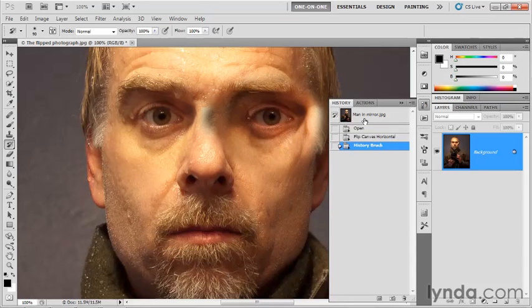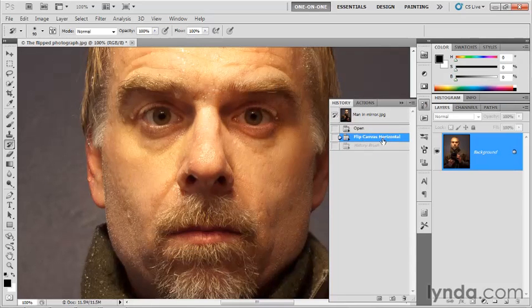So what we need to do before we begin painting like crazy with the dodge tool, because as soon as you start painting with the dodge tool, you're going to fill up the history panel with one dodge tool operation after another, and then you're not going to be able to get back to this first flipped state right here, this flipped canvas horizontal state, because it'll be forced off the list after 20 operations by default. So what I recommend we do, as opposed to increasing the number of operations in the preferences dialog box, because if you do that, then you're just going to end up causing Photoshop to remember more in memory, which isn't necessarily very productive. Instead, I recommend you get in the habit of managing your history, and we're going to do that